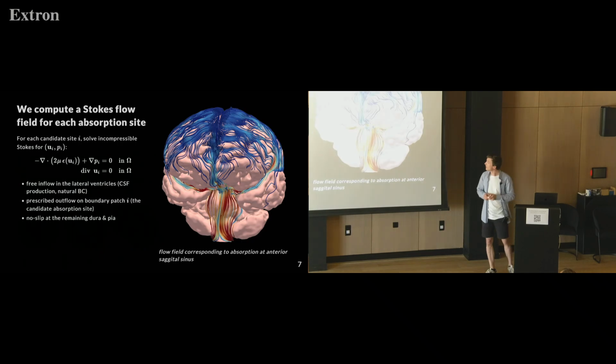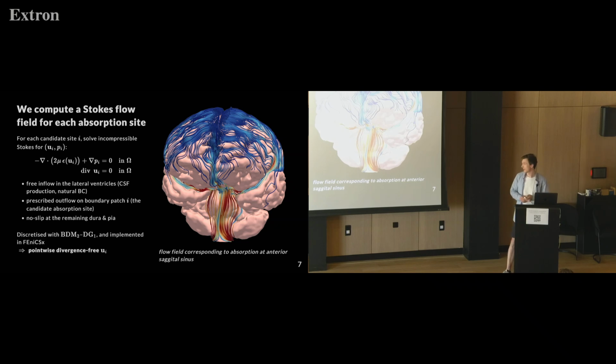And then you might ask, how do we compute these candidate flow fields? And to do that, we solve an incompressible Stokes flow equation for each of these potential absorption sites, where we have inflow via the lateral ventricles, like these cavities in the brain, and then we have a prescribed outflow on each of these patches, and then have a no-slip boundary condition on basically all the remaining boundaries. And then, maybe slightly more fancy, we are discretizing this with the BDM-DG approach, which gives us a locally